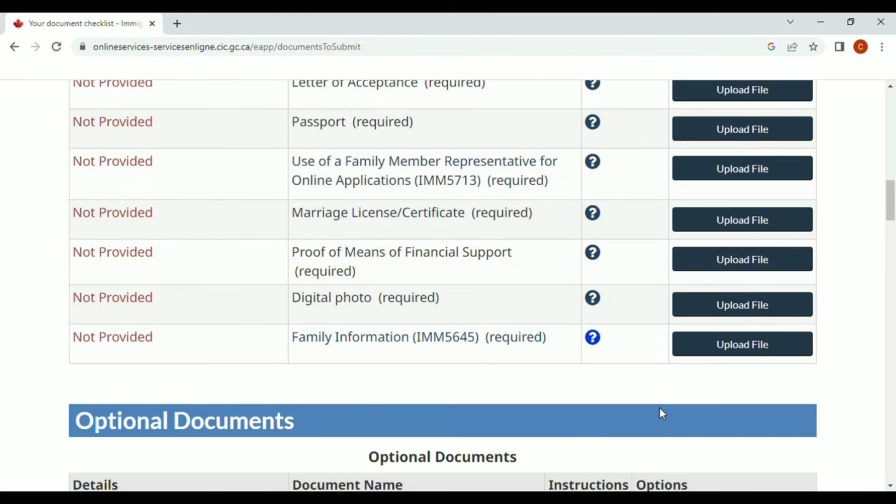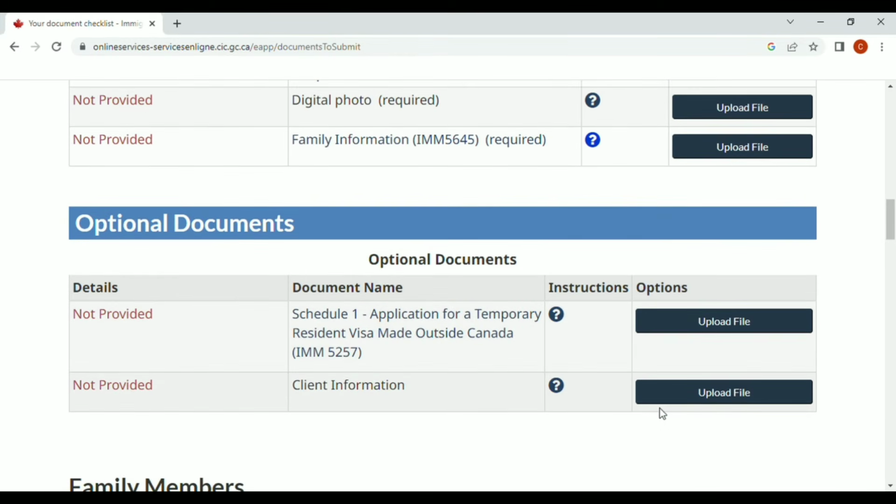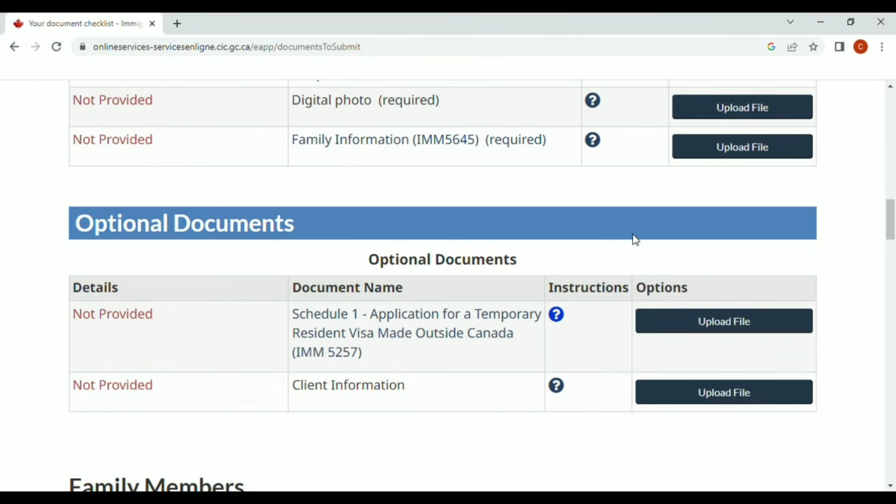Next requirement would be the IMM 5257 or the application for a temporary resident visa made outside Canada. Although it falls under optional documents, it would also be a required document. Having the student permit, once granted, you will also be needing the temporary resident visa or TRV in order for you to travel and stay in Canada. For this, you just need to download a form, fill it up, and then validate, and then upload the